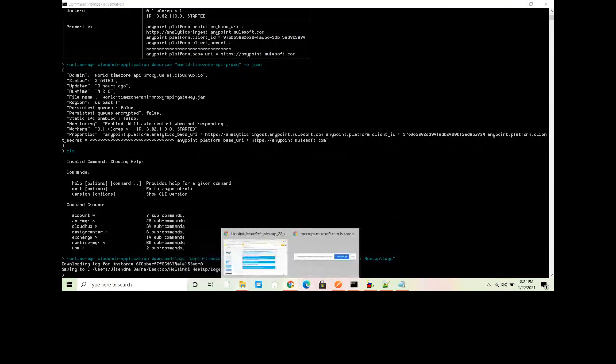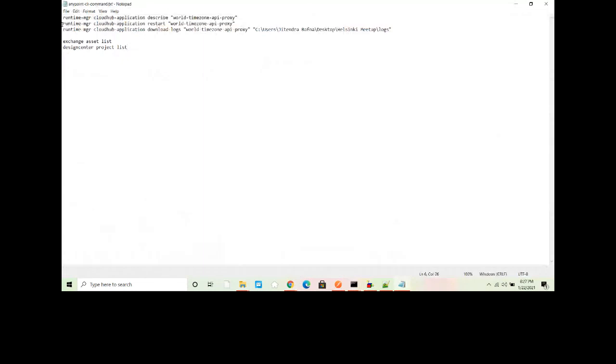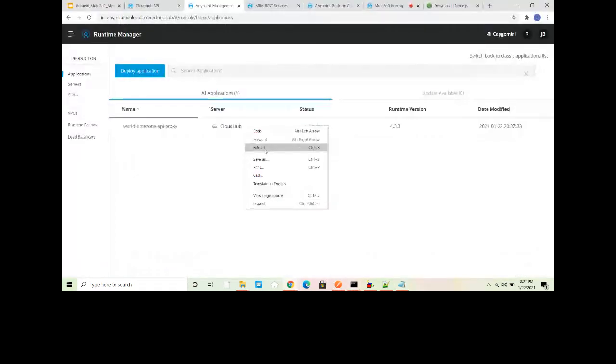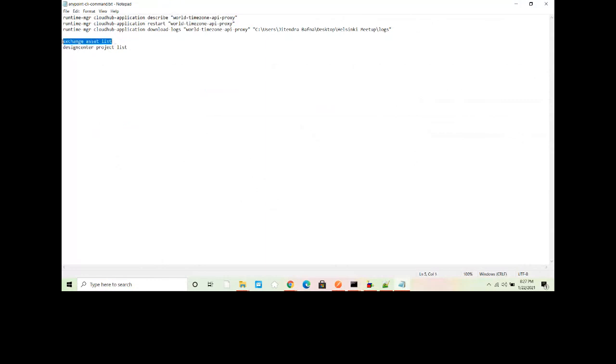Now the third command I will run is to restart the application. So I have an application. Basically runtime cloudhub application restart. Instead of restart, you can use start and stop for stopping and starting the application. My third command is to restart the application. Okay. Let me check what is happening there. It should try to restart. Yeah, you can see the application is restarting basically. Correct. It's very quick also. It takes seconds, right?